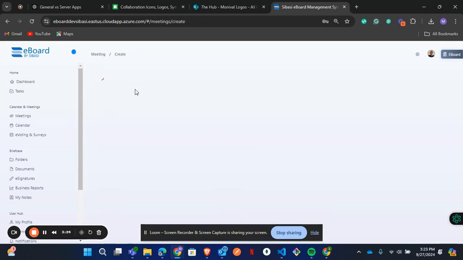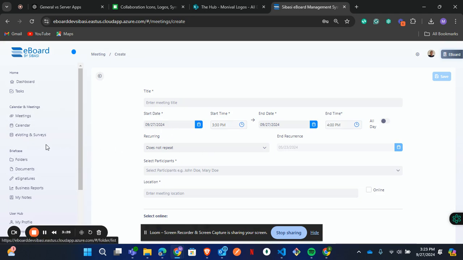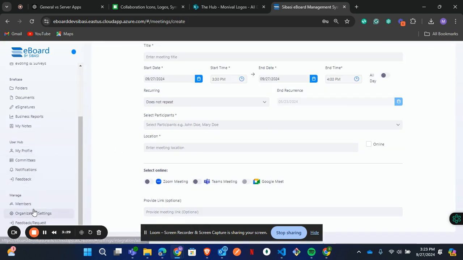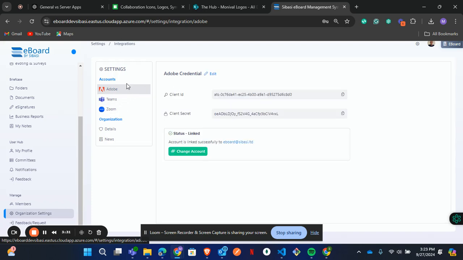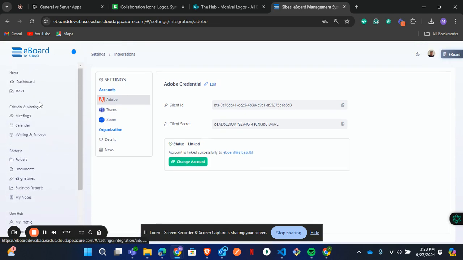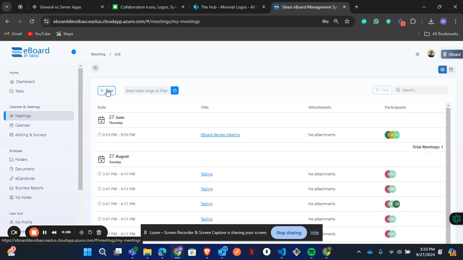Let me just go back to the organization settings. So what we have here is the integration settings for the organization. What we want to do is make sure that when we set up the Google credentials here, we can use those credentials to set up the meetings to create on their side. So if I navigate back to the meetings,